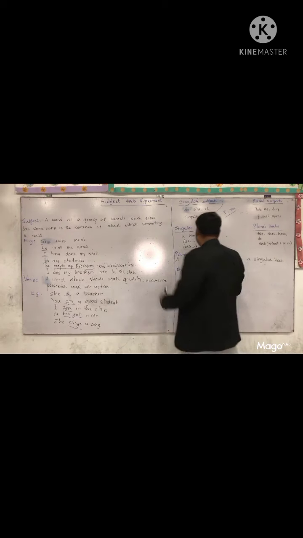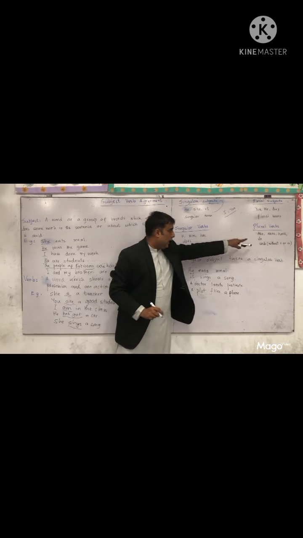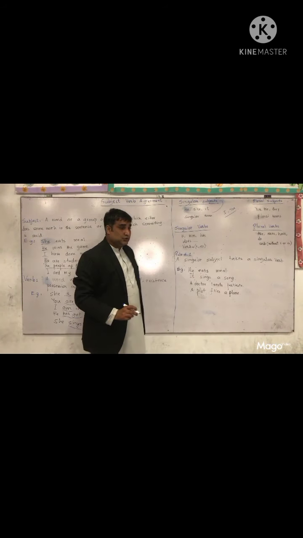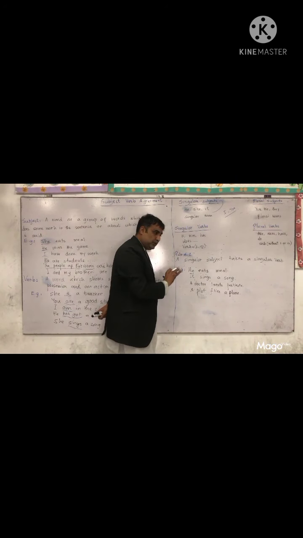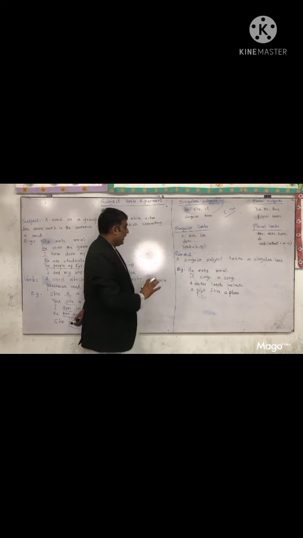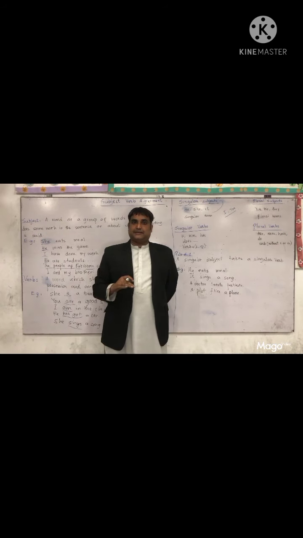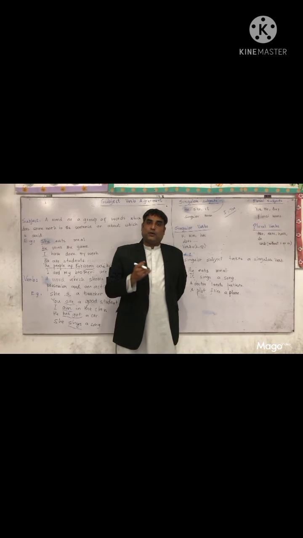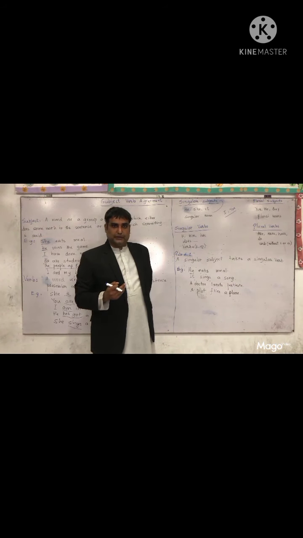So singular verbs are is, was, has, does. These are the singular verbs. Are, were, have and do are the plural verbs. So when we add S or ES with the verb, it becomes singular, and verb without S or ES is plural. So after discussing the definitions of subject and verb, the singular and plural subjects, and the singular and plural verbs, we go to the main topic.